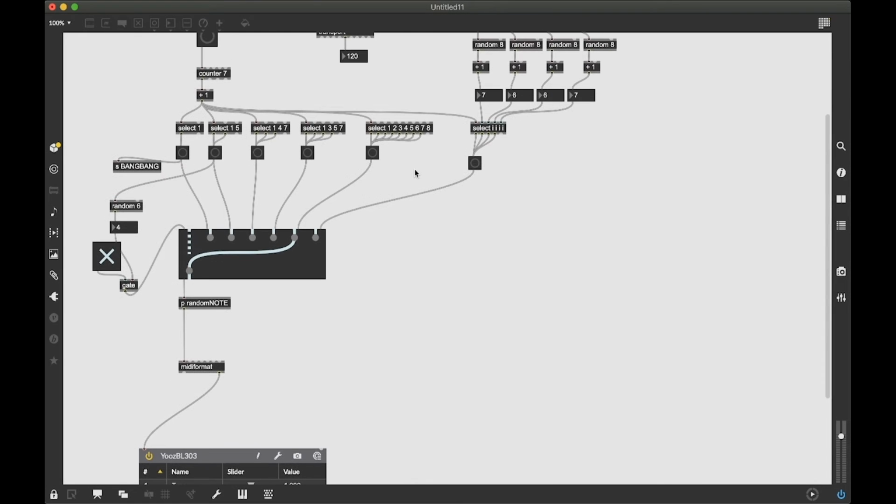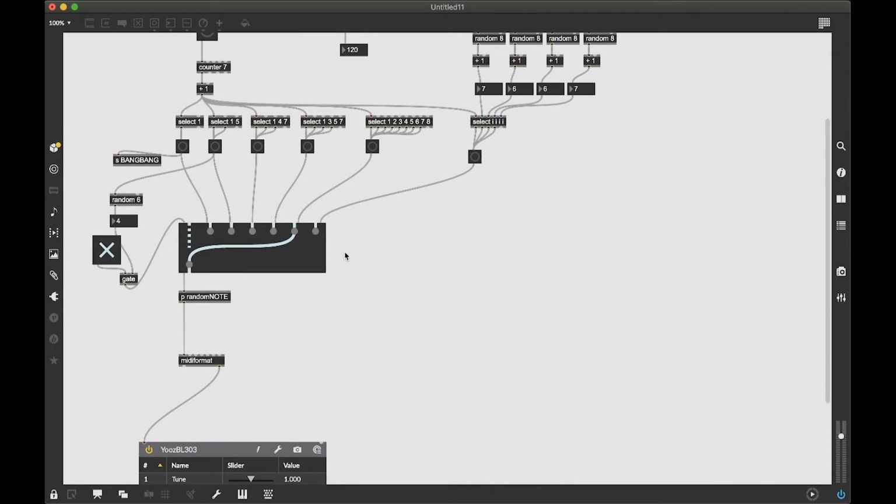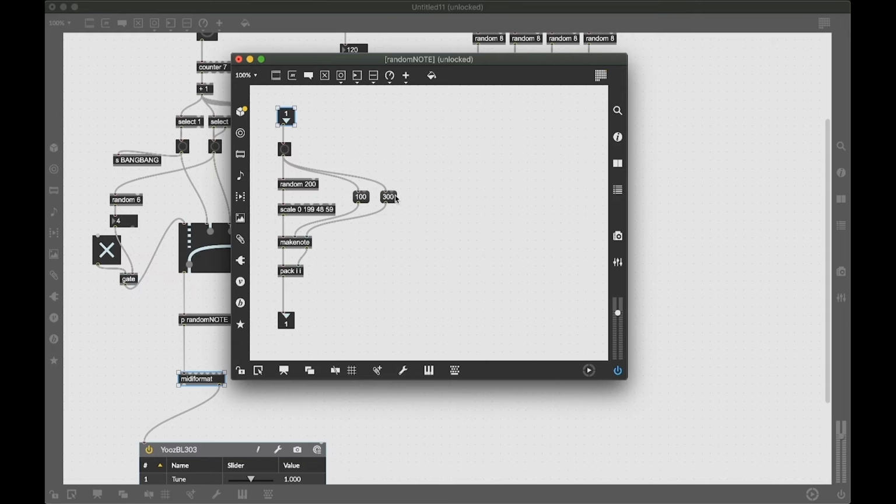Now we'll continue playing around a little bit with this and creating more interesting melodies. And as you have noticed, the length of my notes is always 300 milliseconds. The velocity of my notes is always 100. So perhaps I could also add some randomization to this. And in order to do that,